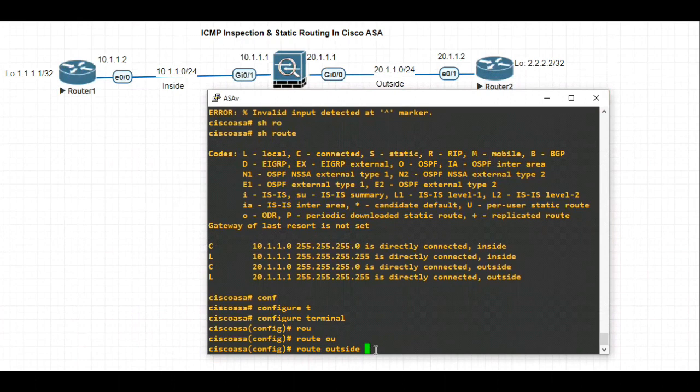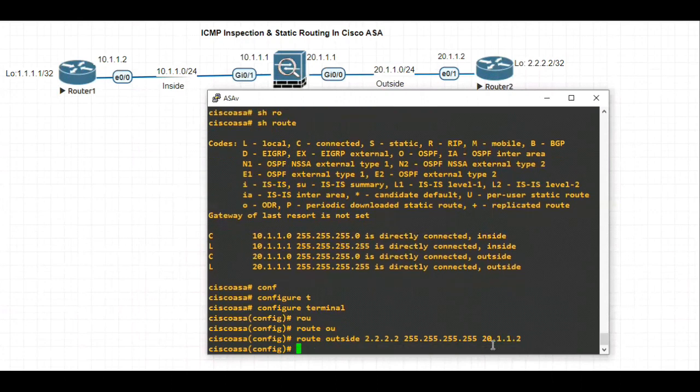So what are we going to route? 2.2.2.2. And what's the slash value? It's 32, right? So 255.255.255.255. And what's the IP address it's passing through? It's passing through 20.1.1.2, right? So that's the IP address I will configure here. 20.1.1.2.